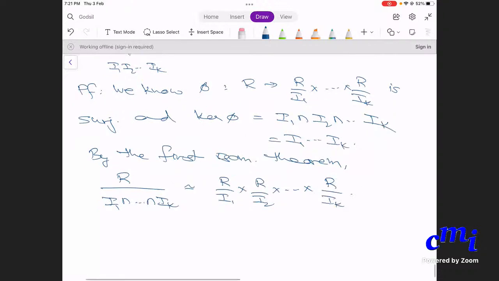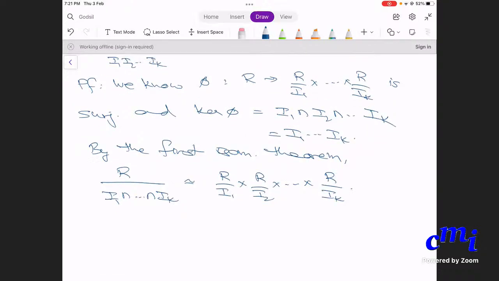So we have finished the proof of the corollary. Why is this helpful? It's helpful for the following reason. Lots of times it helps you decompose rings that you want into rings that are possibly simpler. So for example,